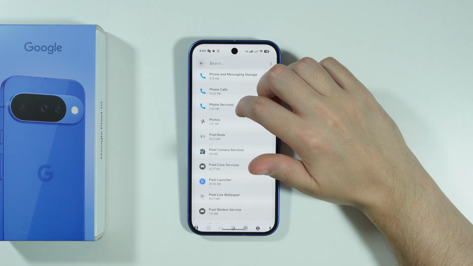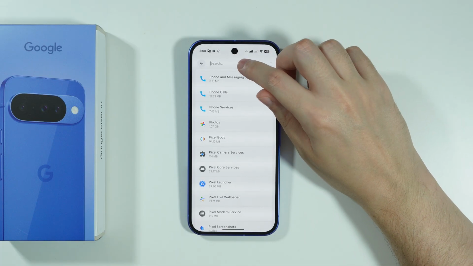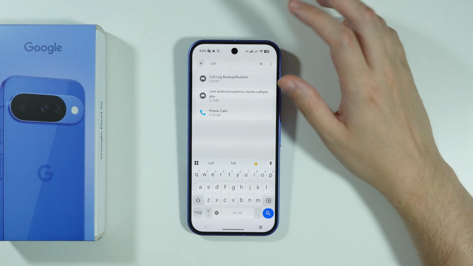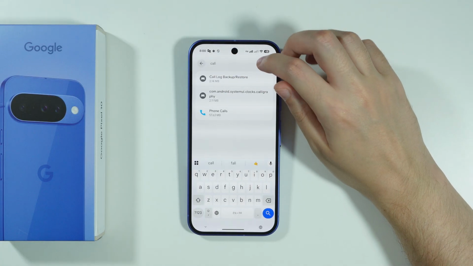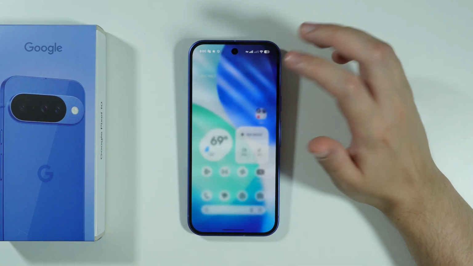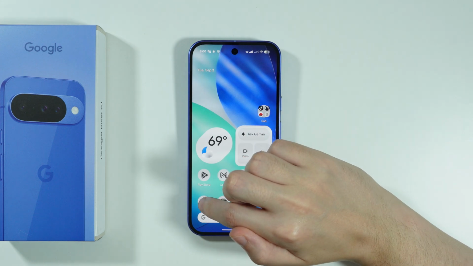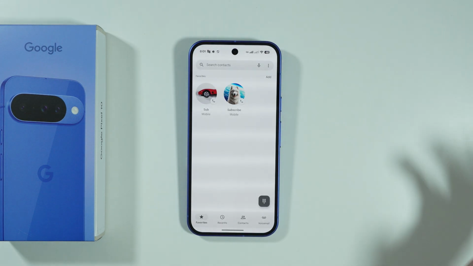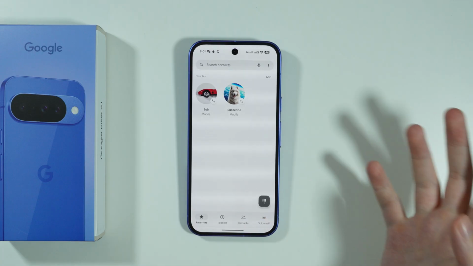So let's go back. And another thing that we can look for is the call. So we're going to type call to see what apps do we have over here. Okay, so we already have been in phone calls, so that is pretty much it. All right, so now we can exit the settings. And remember to open the phone app because, well, we force stopped it, so we want to make sure that